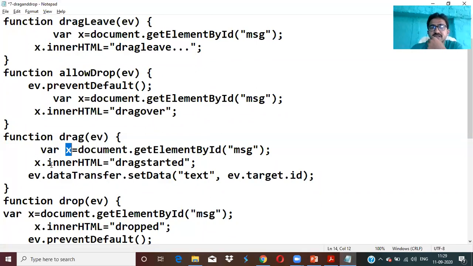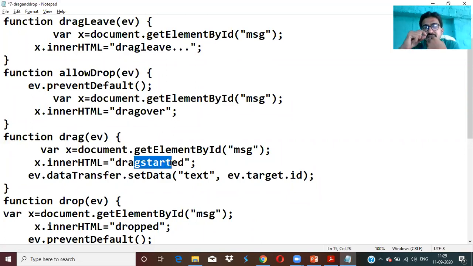Now you are changing x.innerHTML equal to drag started. We are replacing that, writing drag started into the innerHTML, and using dataTransfer setData.